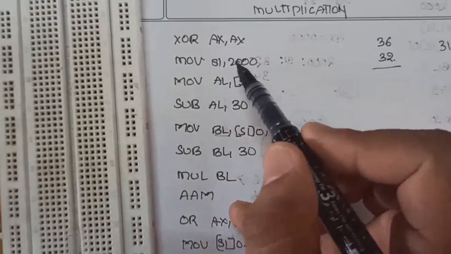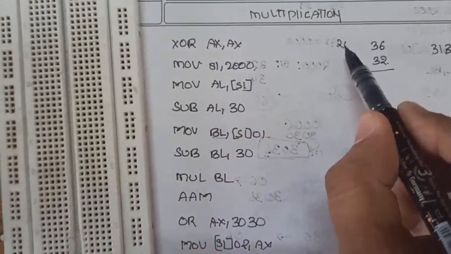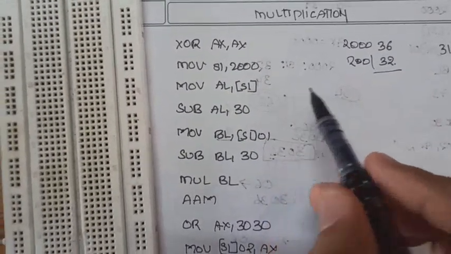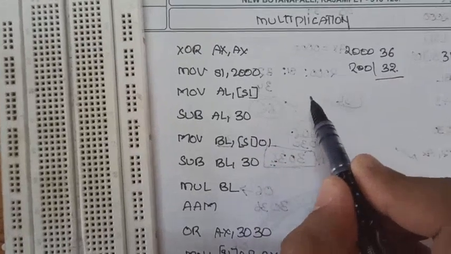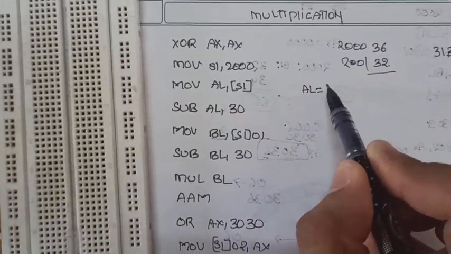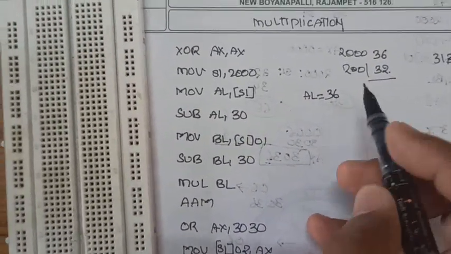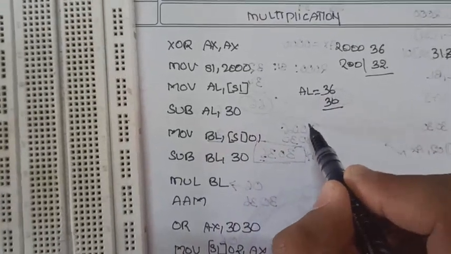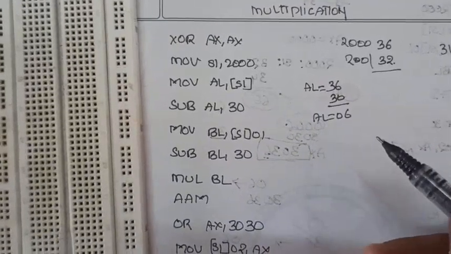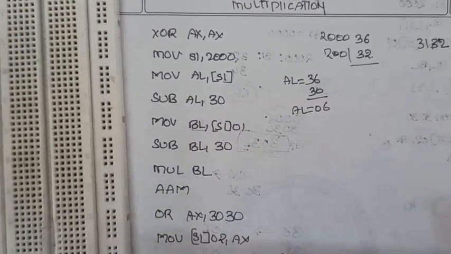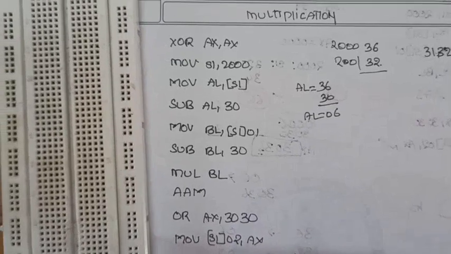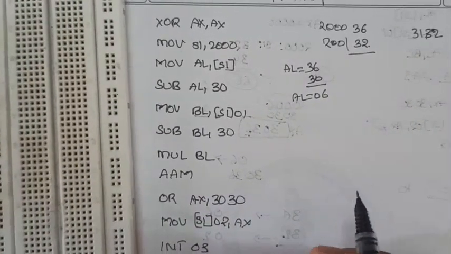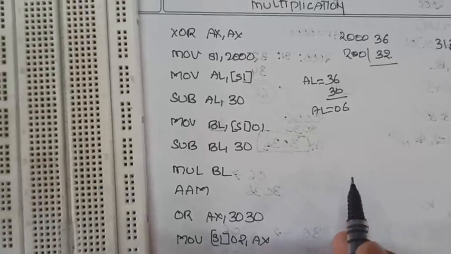So for that case, what we do is, initially if you see, we have cleared AX register. Now MOV SI comma 2000. In 2000 memory location we have given these inputs. MOV AL comma [SI] means the data available in 2000 is first taken into AL. After that we do SUB AL comma 30. We are going to subtract 30 from this so that we get AL equal to 06. What we expect is that we want to multiply 6 into 2. But if you take directly 36 and 32, the result will be completely different.